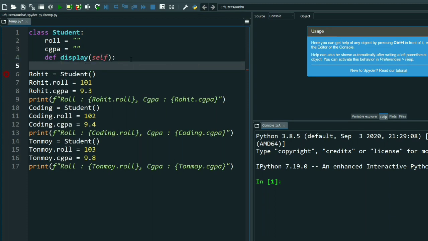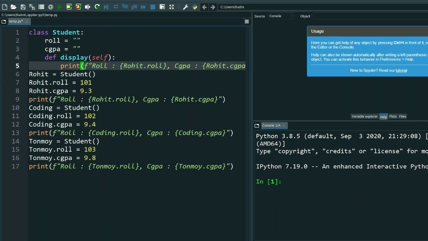Now see, I will print here, so I am copying this line. In the method only I will print, so that I don't have to print separately for each name. I can print in one place, and it will print for everyone.